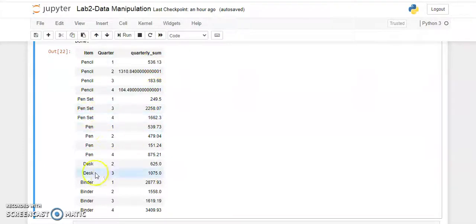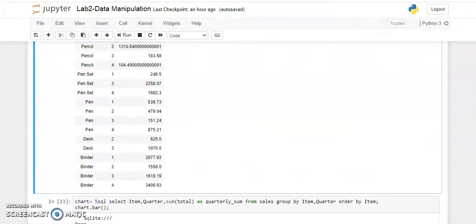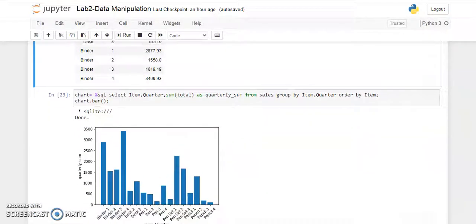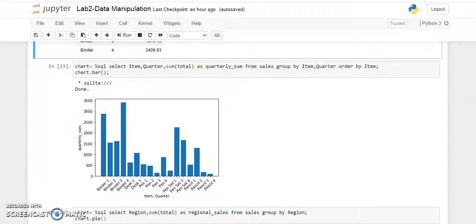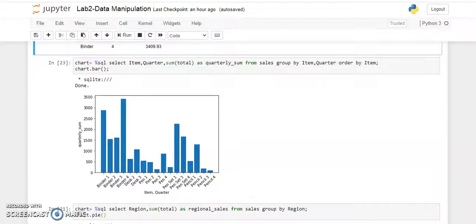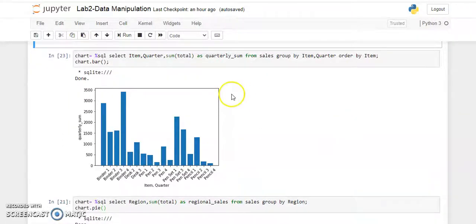Now similarly for the rest, and the item is basically used as a sorting column as well, with descending order. Now, what we are going to visualize from here is how the items are selling on a quarterly basis.